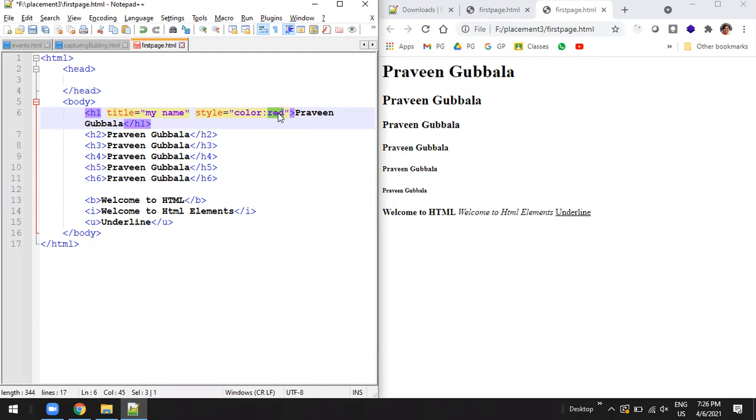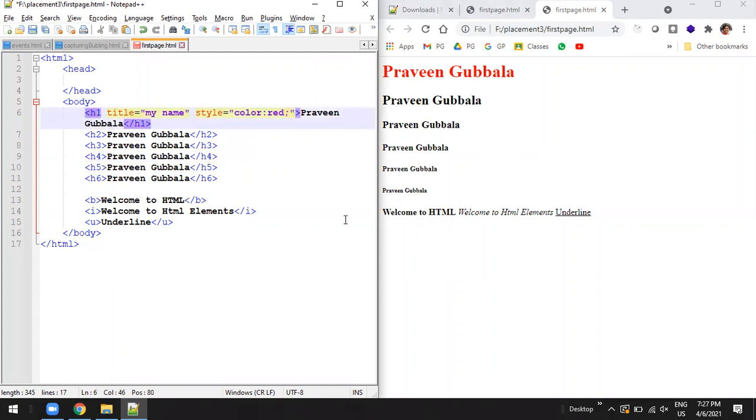Did you learn your brother's name by heart? No. Or your sister's name? No, we get into it, right? The same thing. As soon as you keep practicing it, you will get it. Like this you can apply different colors, different properties. Like there is one more property. Each property and value pair should be separated by a semicolon.